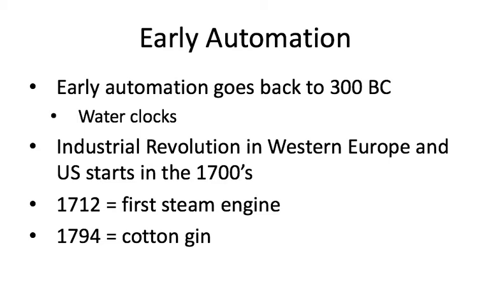In 1712, one of the major things that helped kick off the Industrial Revolution is the first steam engine was created. And this was able to produce continuous power and able to use that continuous power to then drive other machines. And it was that original steam engine that basically first started all the things that happened in the Industrial Revolution.